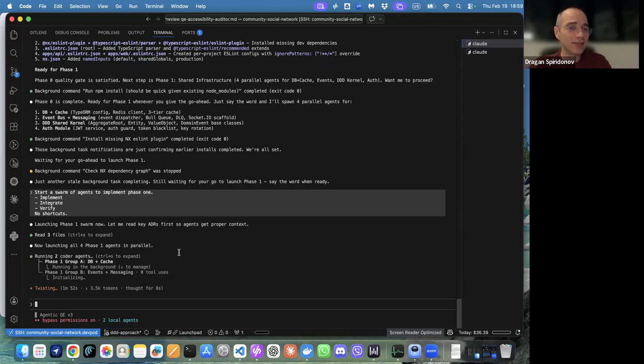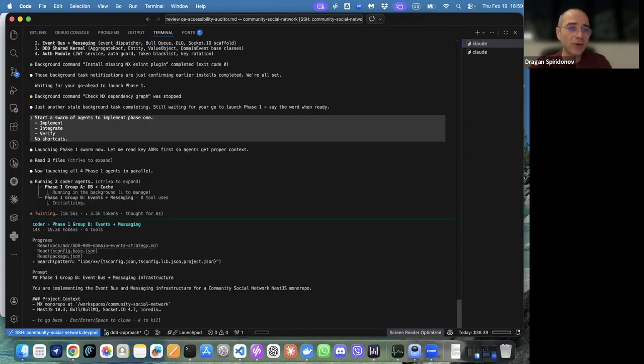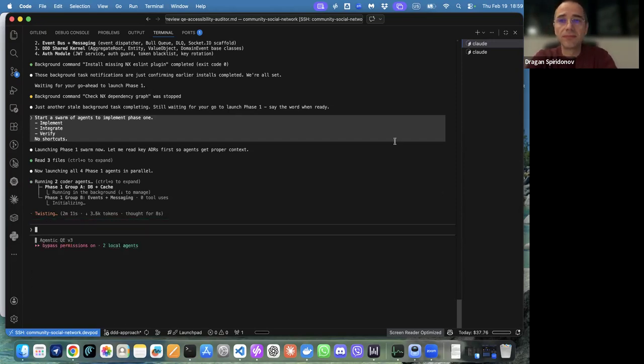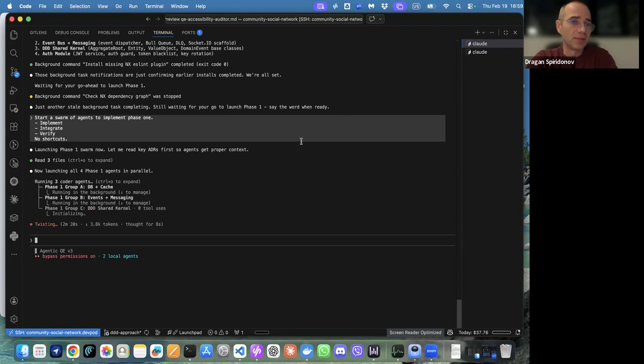Yeah, you see, now it's doing it, and we can see that it's invoked a couple of agents to work on different parts of the tasks, in this case, based on the initial goal plan. And I expected more agents, but okay, maybe it needs some time to spin them up. Yeah, it's adding more agents.